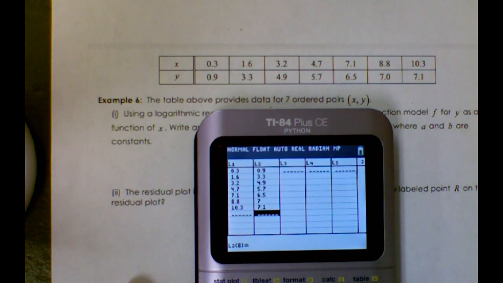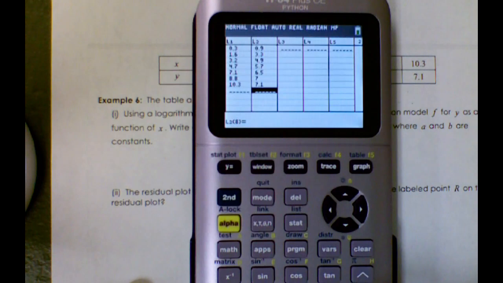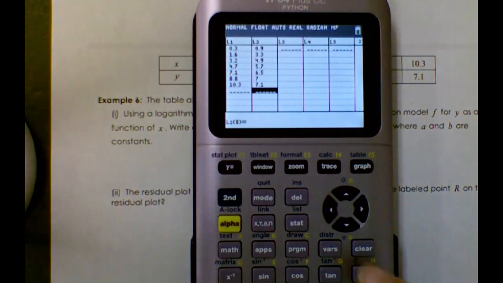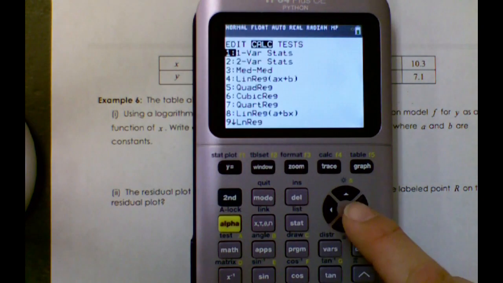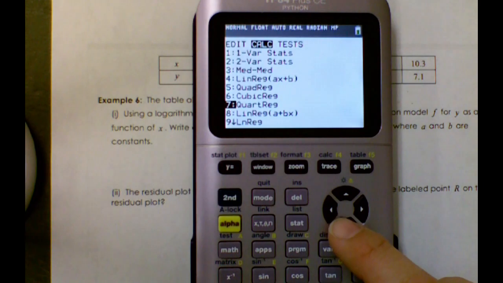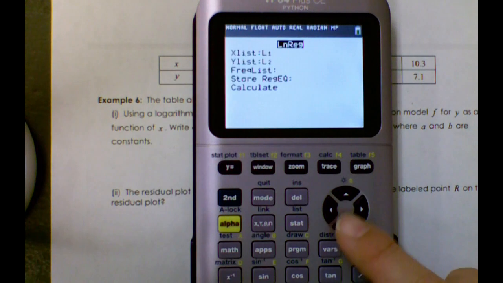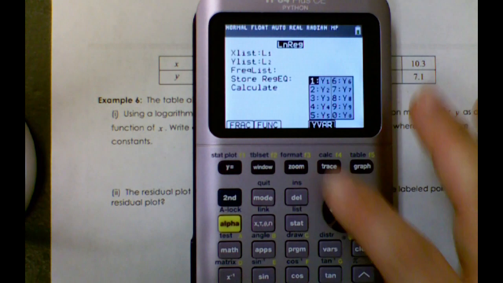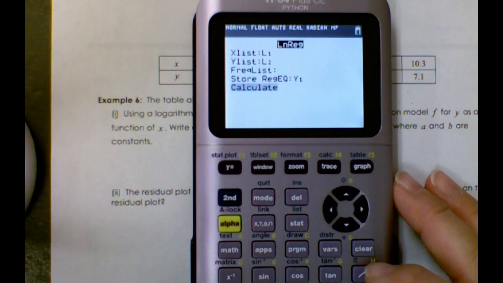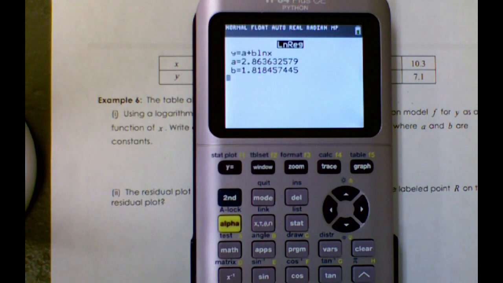All right. Now we're going to calculate the logarithmic regression. So we're going to hit stat, calc. We're going to go to LnReg. LnReg is your natural logarithmic regression. We've got list 1, list 2. We'll always store our function just in case, and calculate. A is our constant, B is our coefficient on the ln of x. So our function is